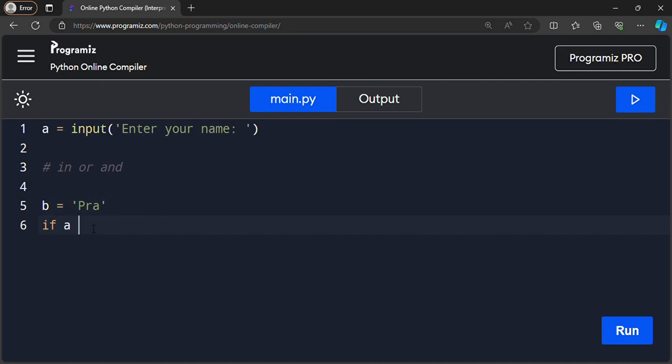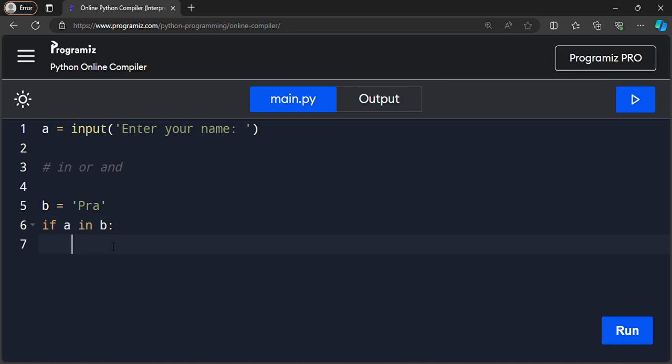So basically what it's doing is, we took the input in a and stored the value. Then by default we specified the value for b as pra. Then using an if statement we are checking if a in b, that means if the a value is inside b or not. Then if it is so, then we can print